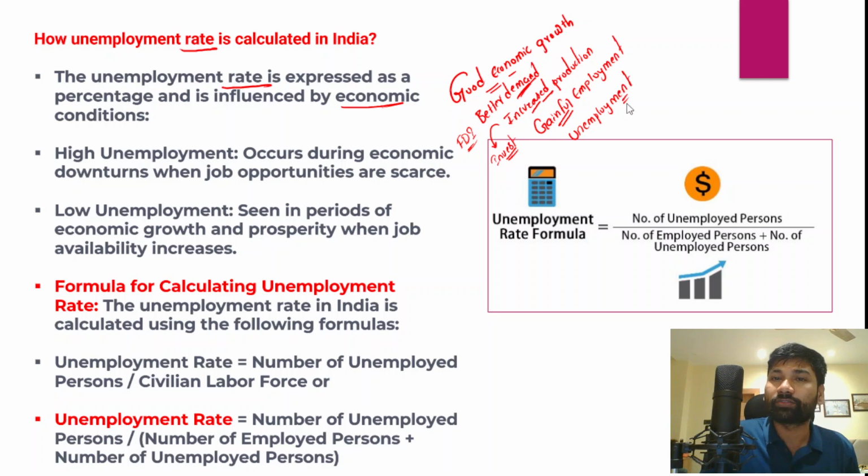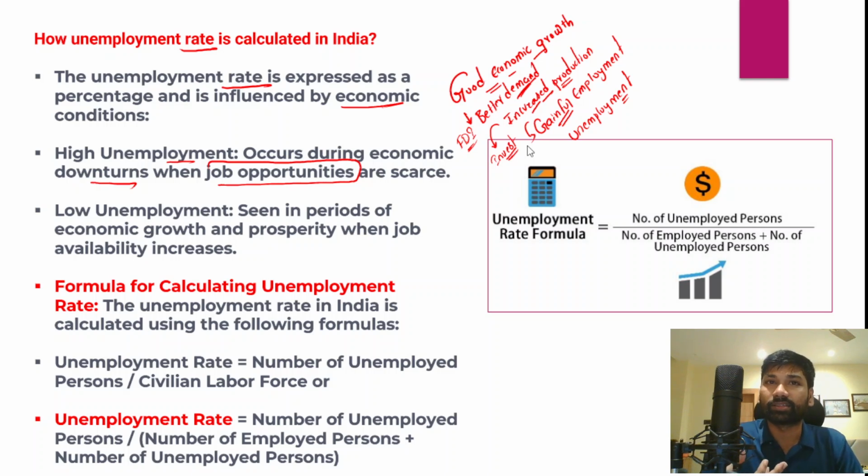But on the other hand, what if there is an economic recession or a slow economic growth rate? That will lead to higher unemployment. It could occur because of economic downturns, recession or slow economic growth, because at that point the job opportunities will be very scarce and people will not be able to find employment, and industries reduce production. Because of lower demand, industries start reducing production and also start laying off employees, because there is no demand and no point employing an excess workforce.